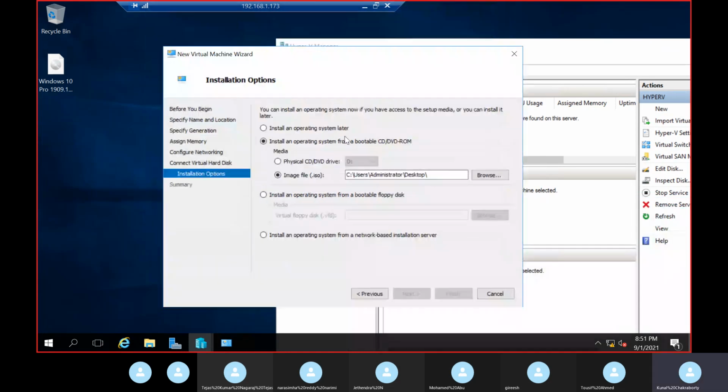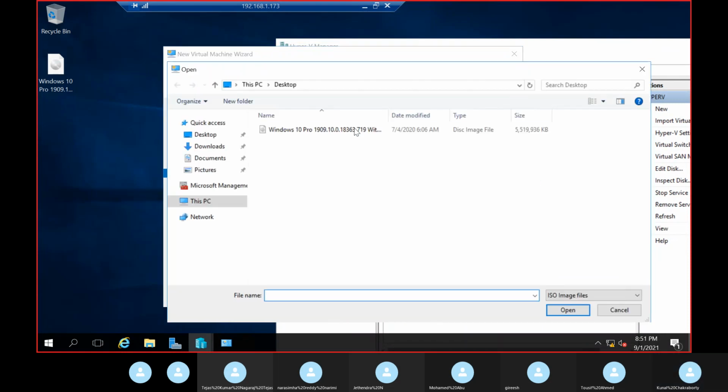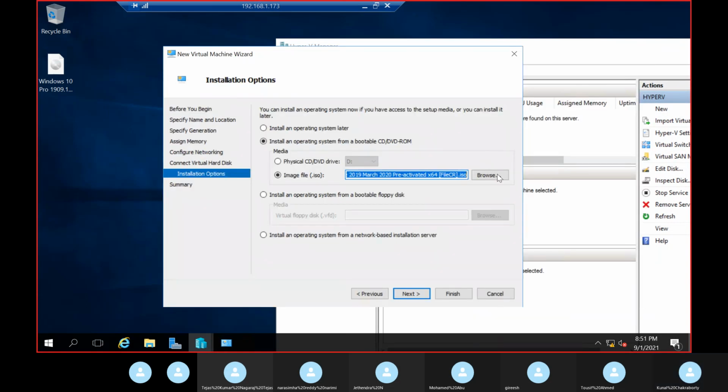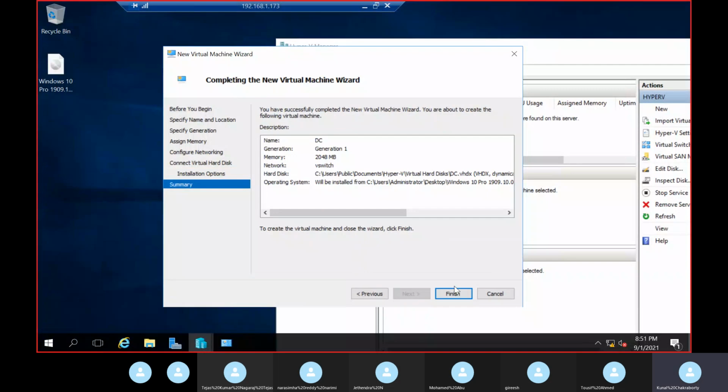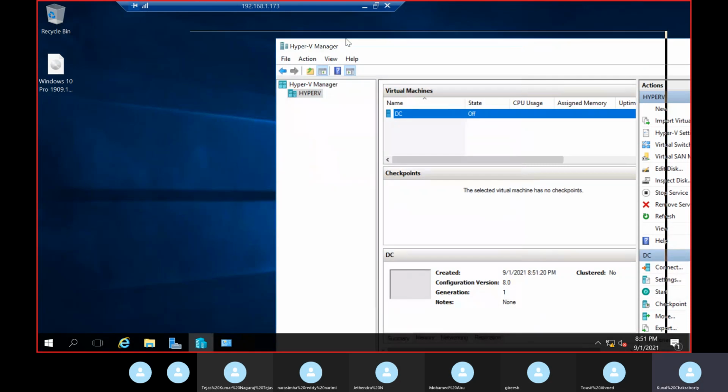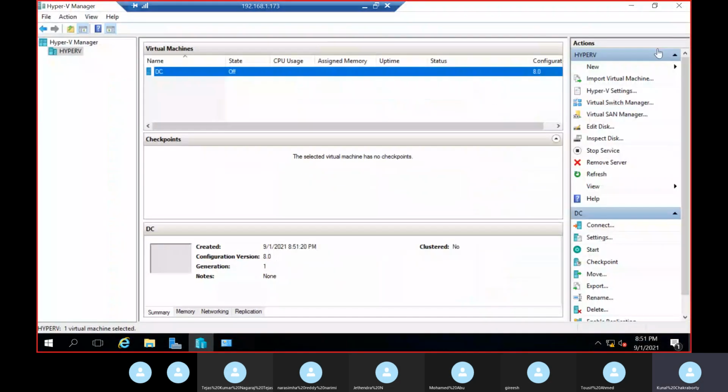Before you do this part, make sure an ISO file is present in your VM so that you can attach it. Browse, Windows 10 Pro, open. Then next, finish. Same process as what you do in VMware Workstation, correct? Just a few things are different, and a few GUI.